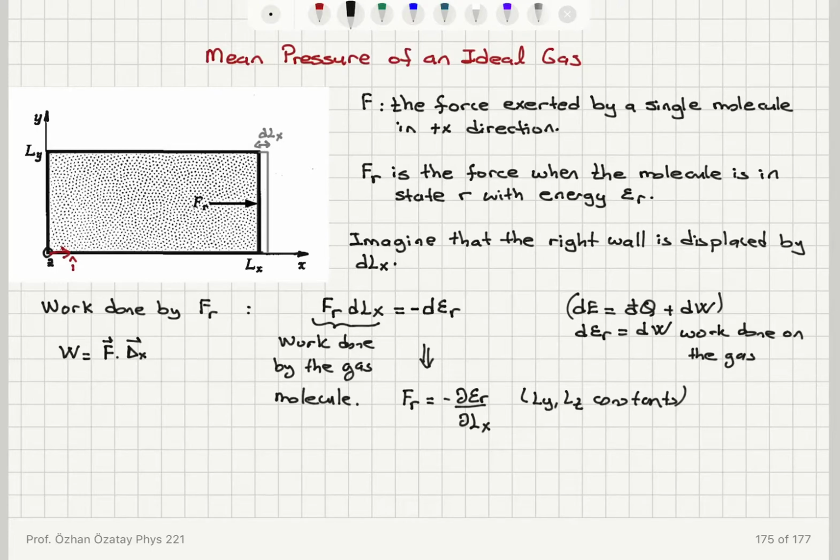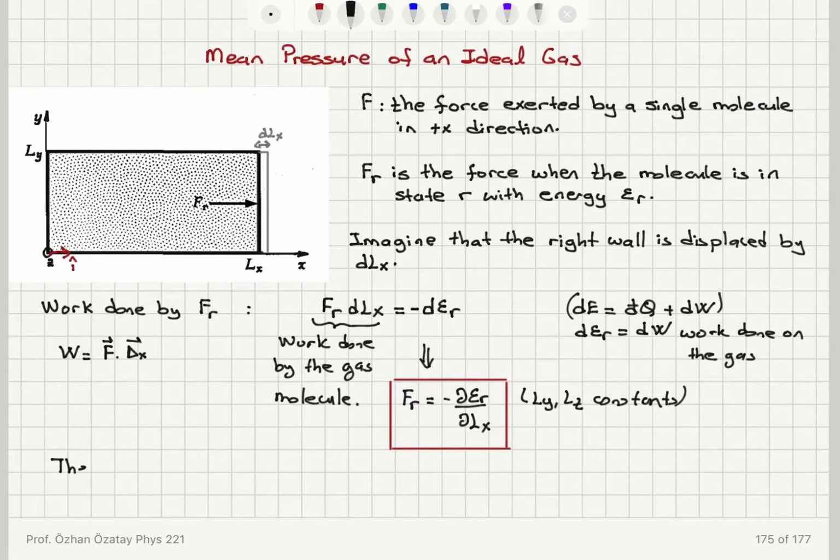All right, so the displacement is only to the right. Then basically, having found this relationship between the force that is being exerted by the gas molecule and the change in its energy,